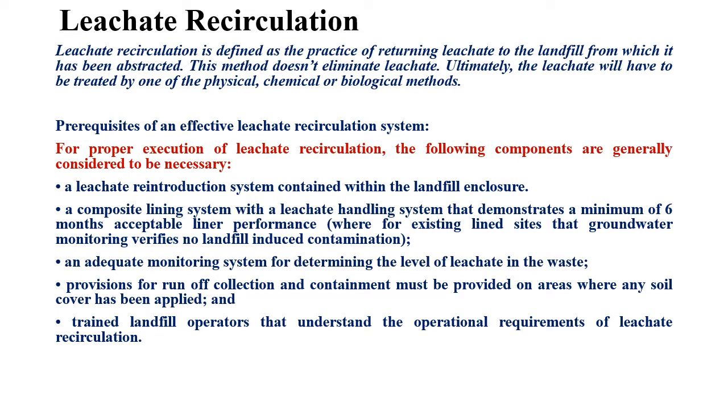So one of the methods in which the leachate can be managed at site is leachate recirculation. Now in this process, the leachate which has been collected and removed out of the leachate collection and removal system will be taken out of the landfill, and the same leachate will then be recirculated back into the landfill system. Okay, so this is a form of temporary storage of leachate. We can consider it like that. Also, this will help in achieving uniform degradation rates within the waste deposit as well.